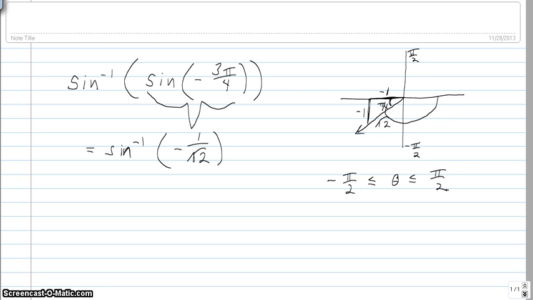In other words, it must be in quadrant 4 or quadrant 1. So when we compute an inverse sine, the angle either has to be in quadrant 1, here, or in quadrant 4,